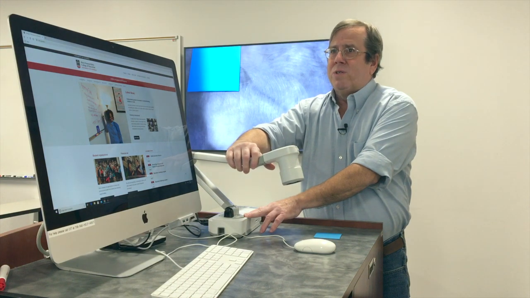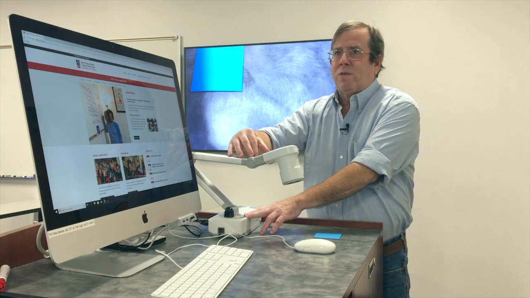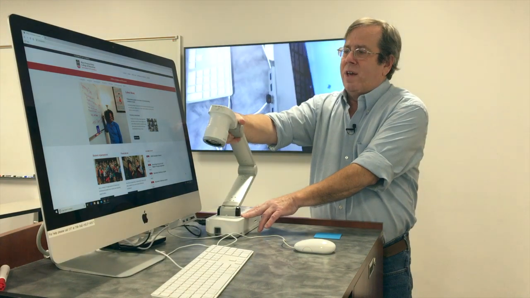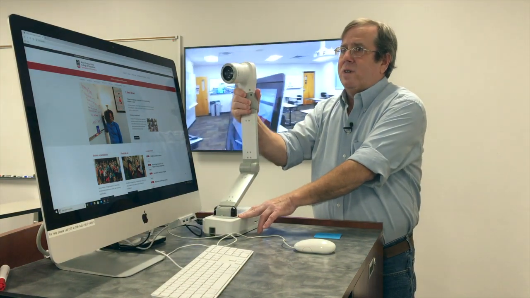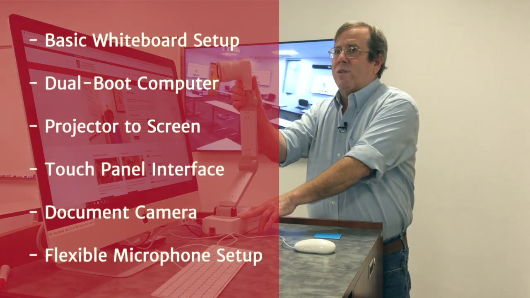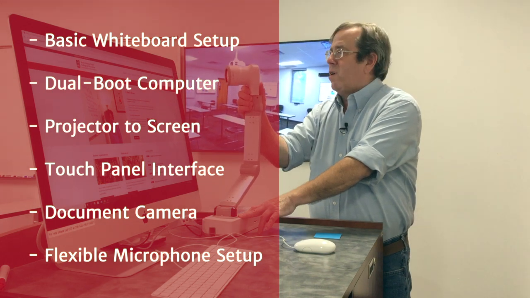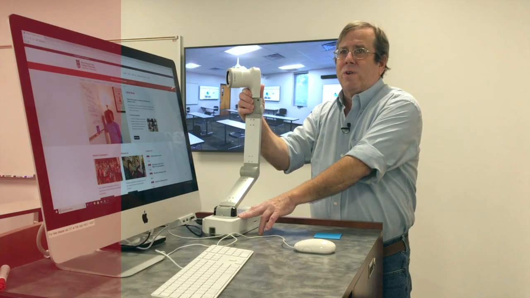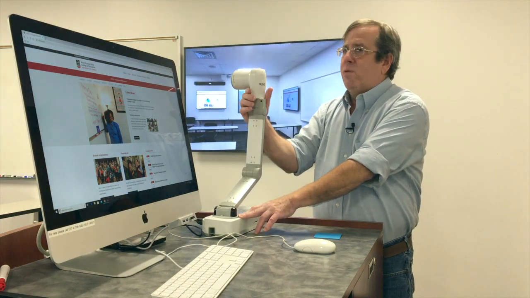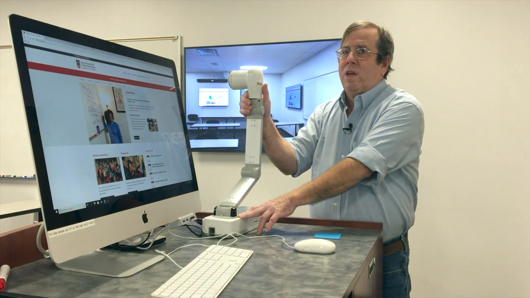Now, the other interesting aspect of this camera is it has a built-in microphone as well as a very nice 4K camera. So I can do a whole shot of the room, and you can start to see what I'm talking about when I say this is a multi-screen room. You can see the screens all the way around the room. I can almost do a 360 degree. There's another whiteboard in the room.